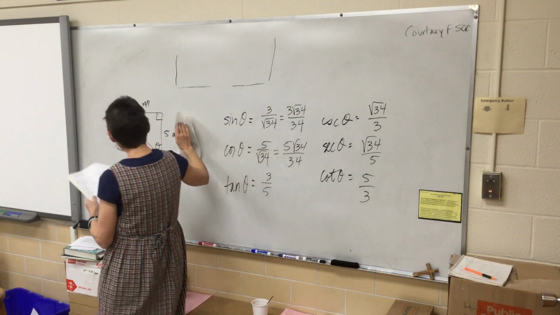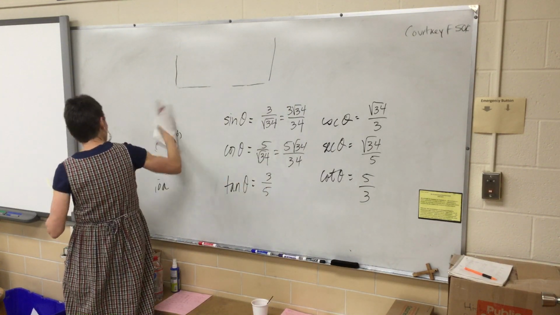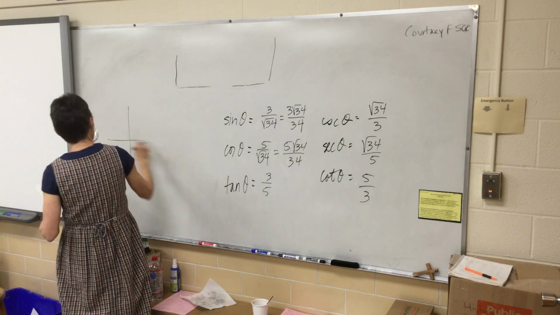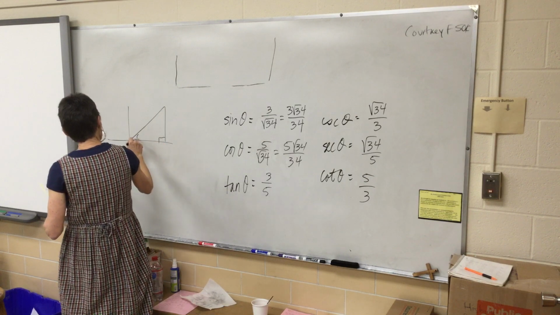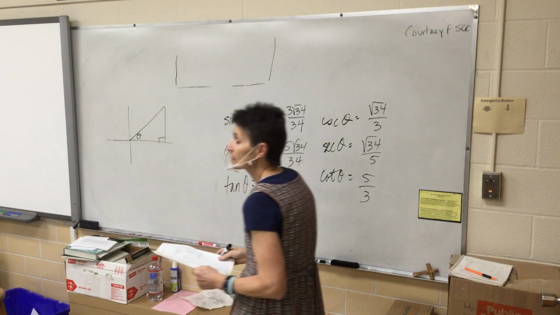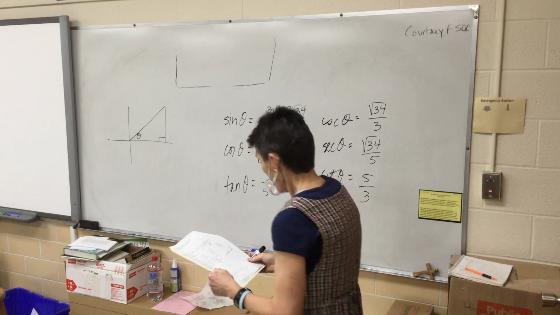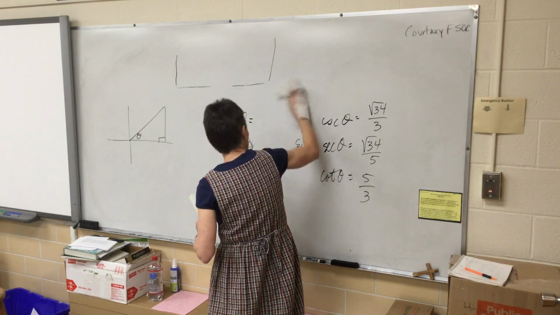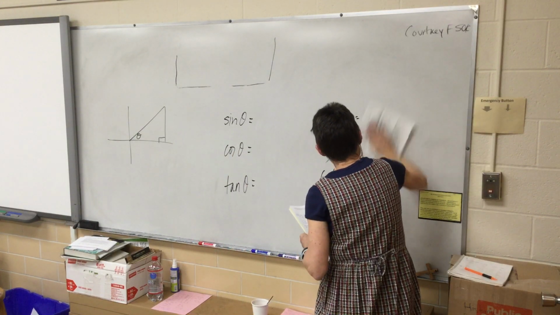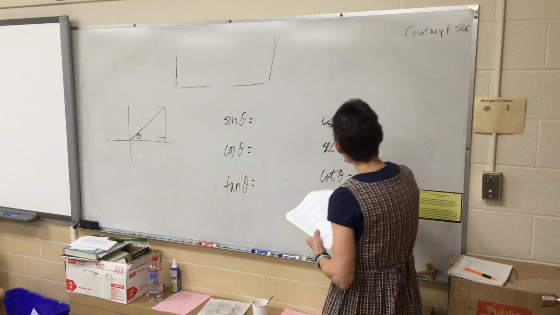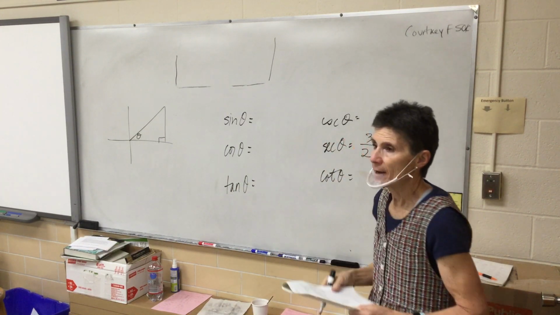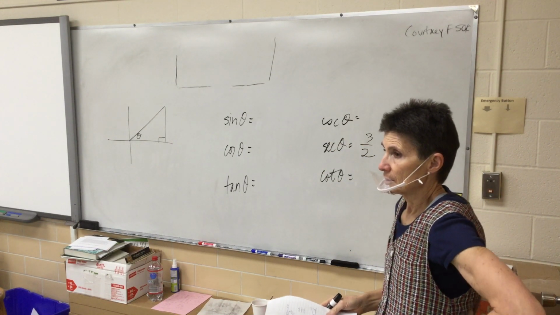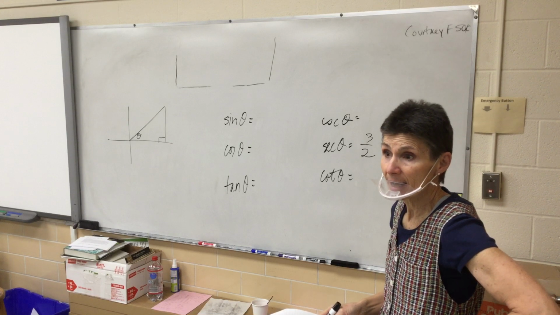All right, now, the next problem is a little bit different because they didn't tell you really anything about the triangle, although I drew a nice little picture there for you so you would know how to set it up. All they told me is that the secant is 3 halves. So on the basis of that, I'm supposed to find all of the rest of them. Well, one of them's easy, right? If the secant's 3 halves, then